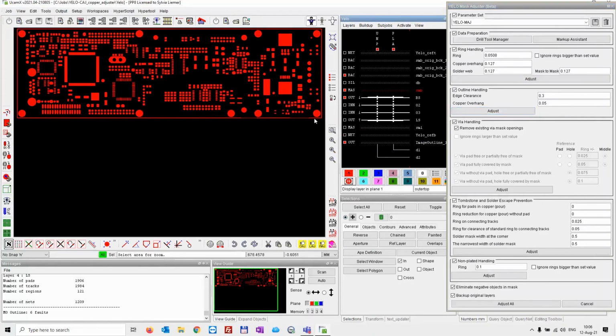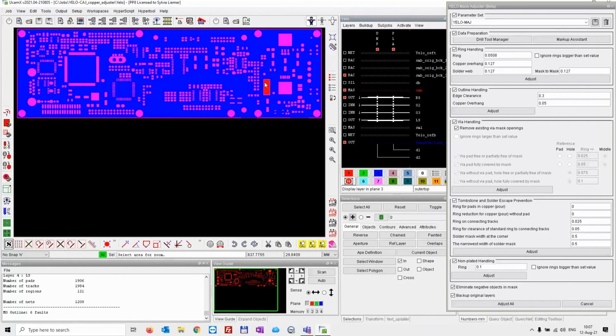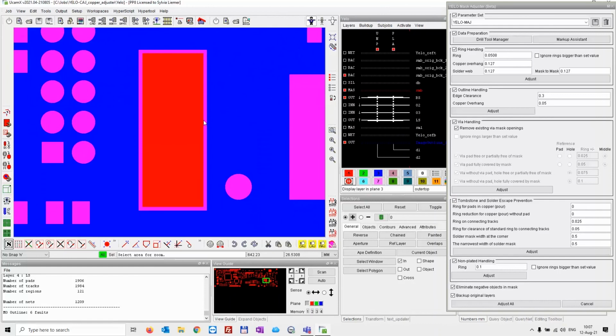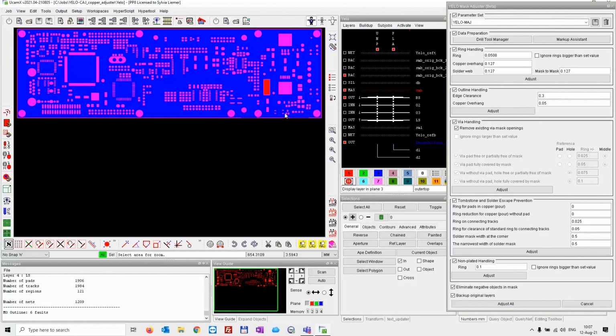Now directly we can see there is a line around the PCB and we have a new opening over the cutout. I make it a little bit more visible. Here you can see that the mask opening is 0.3 millimeters bigger than the cutout, and on the outside of the PCBs you see that we